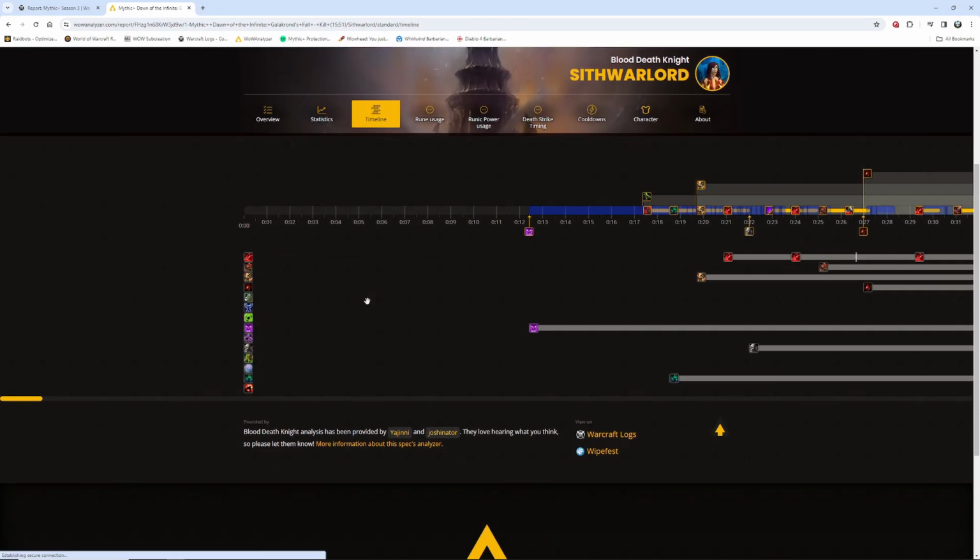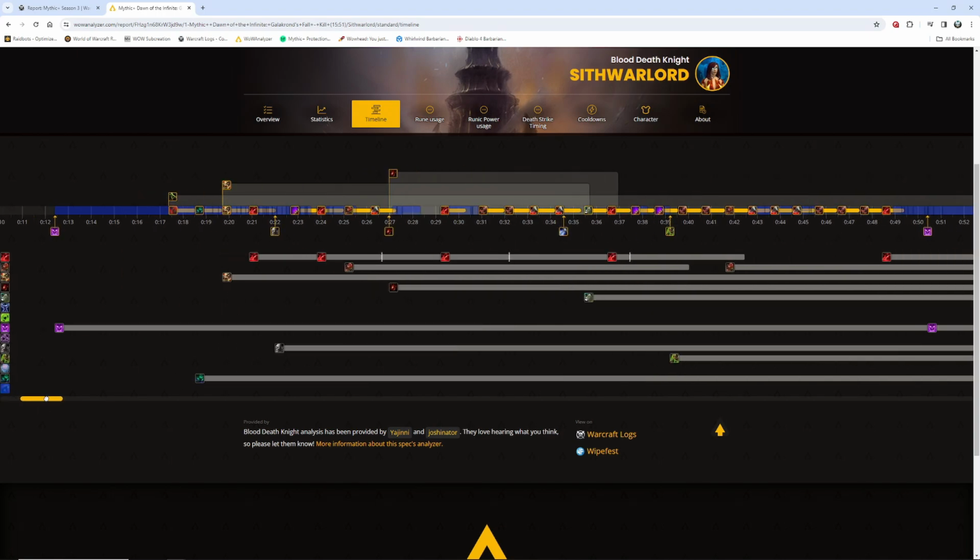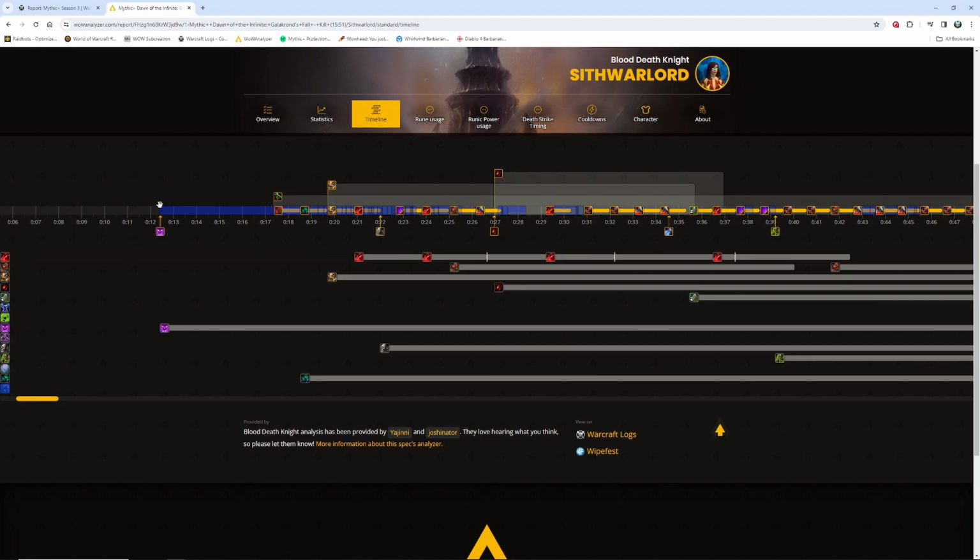It also gives you a timeline for the entire dungeon, or for that entire section of the dungeon, on when you cast your abilities, so you see when the run first started, right? You got the 10-second countdown from the key. Then 2 seconds or 2.5 seconds after that countdown, I sped up. I used my movement speed to get to the mobs. The first thing I cast was Abomination Limb, followed by my Rune Weapon, followed by my Blood Boil,